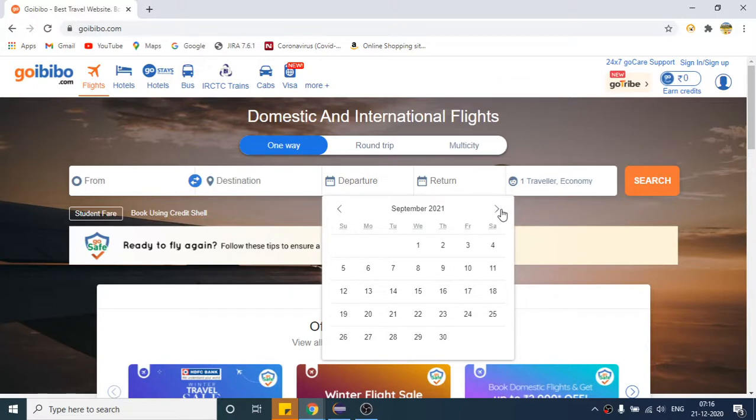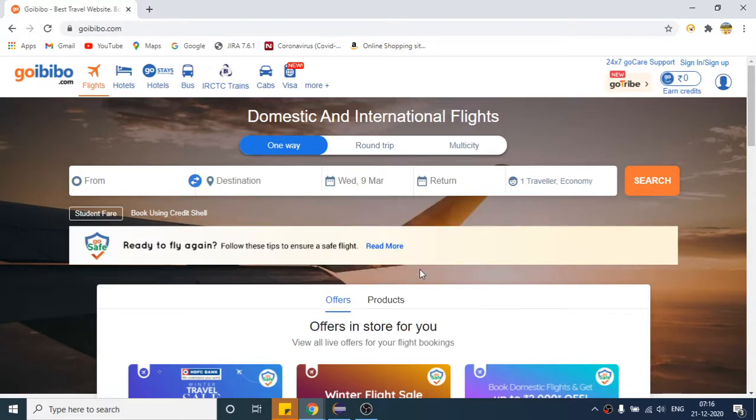So if I come to year 2022, like this, so this is year 2022. If I want to select any date from this March month, I can do it like this, right? So I have done this manually. Today we will see how we can do that with the help of Selenium. Okay,